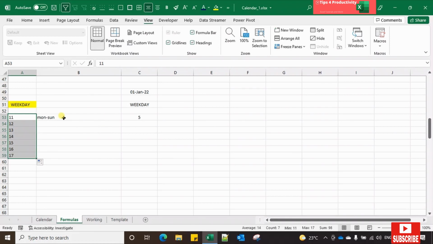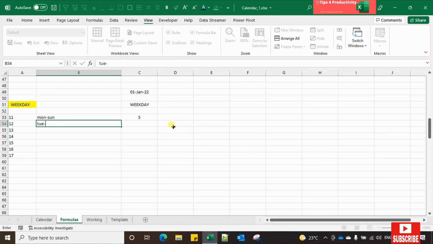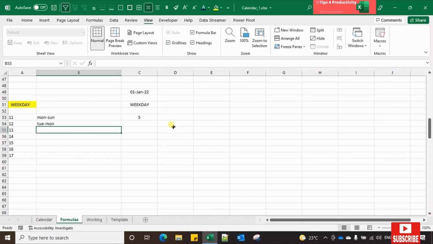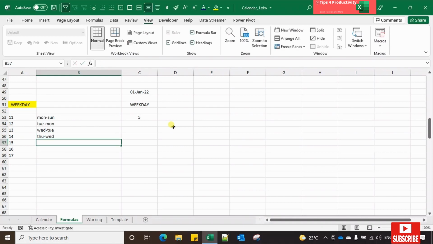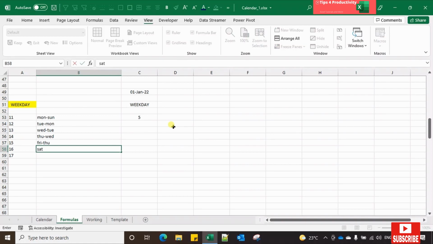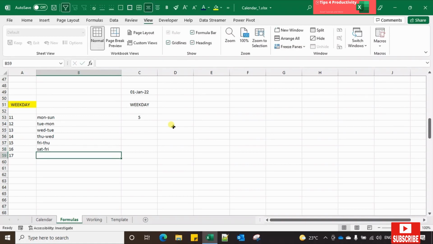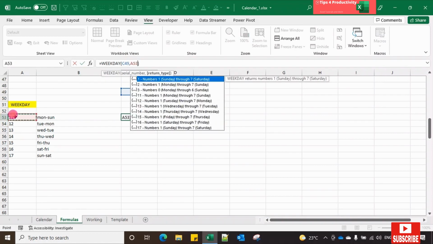all the way till 17. This is Tuesday to Monday, Wednesday to Tuesday, Thursday to Wednesday, Friday to Thursday, Saturday to Friday, Sunday to Saturday. So in the weekday formula, instead of selecting the value here, I will select it from this